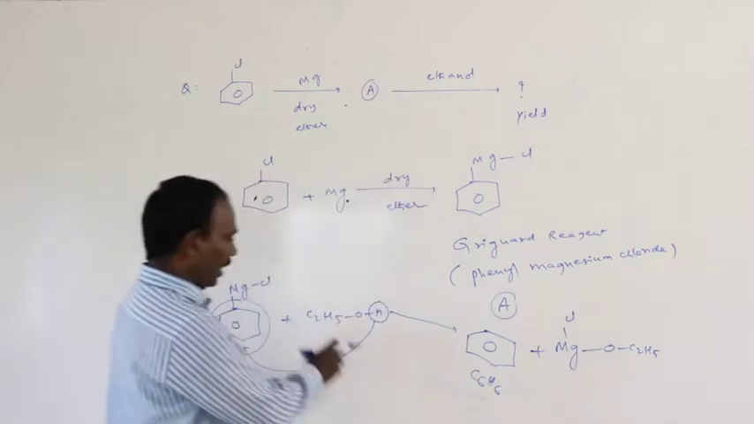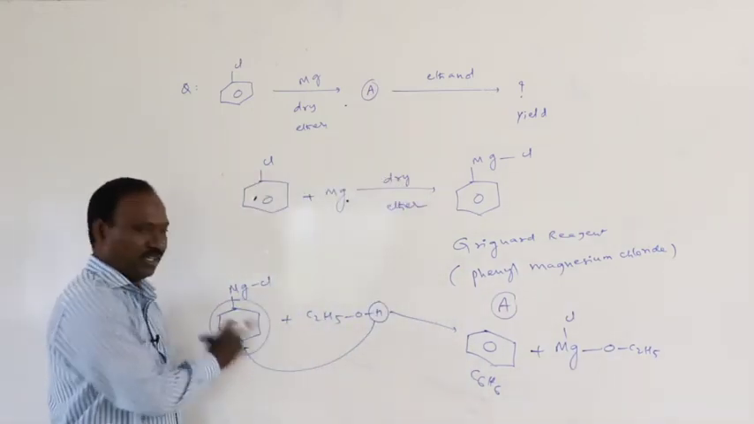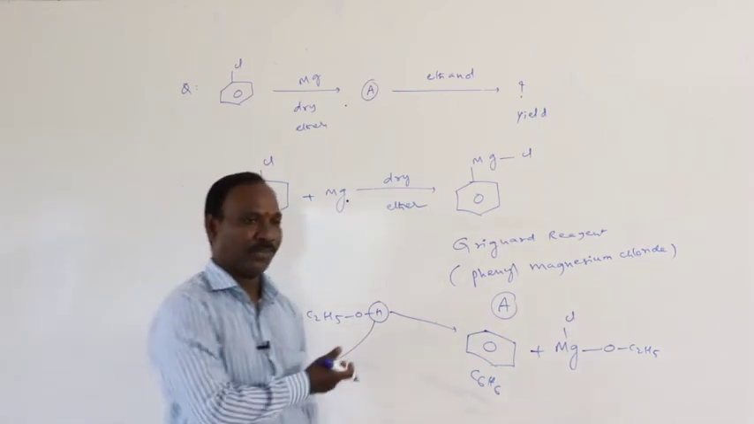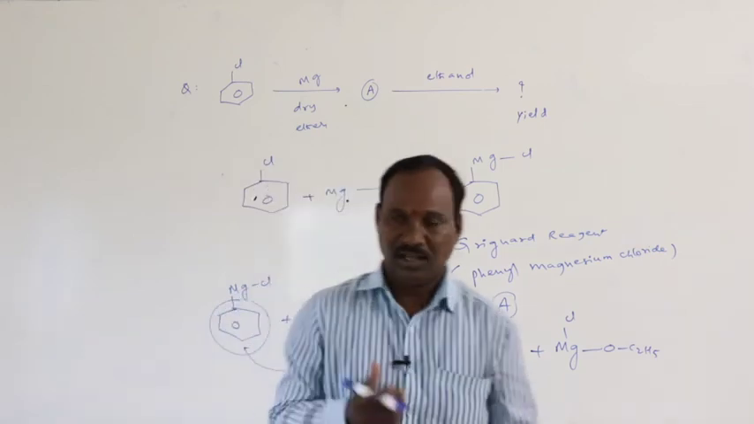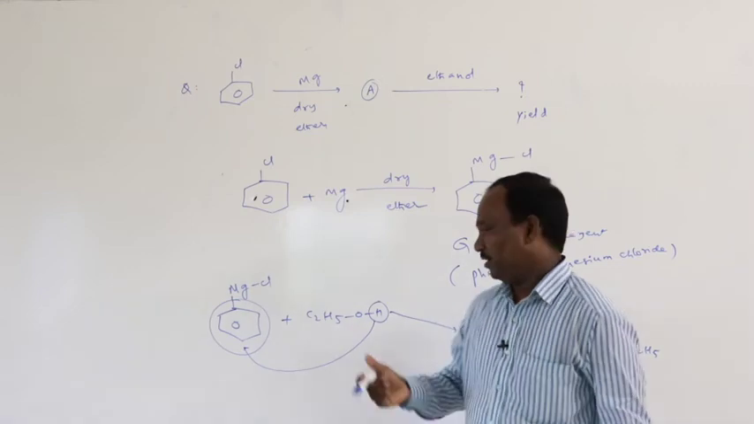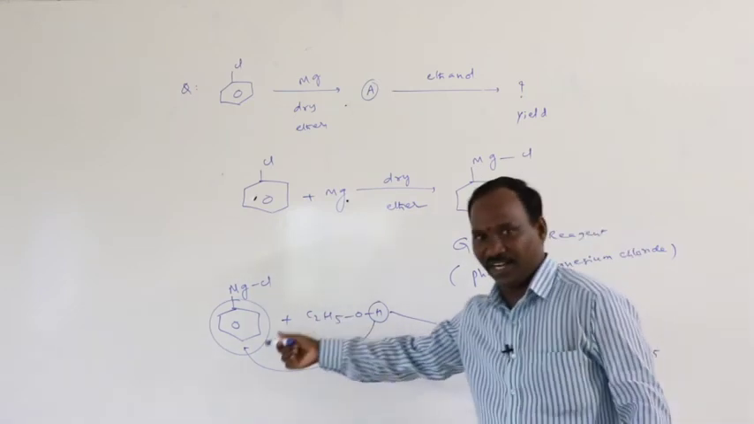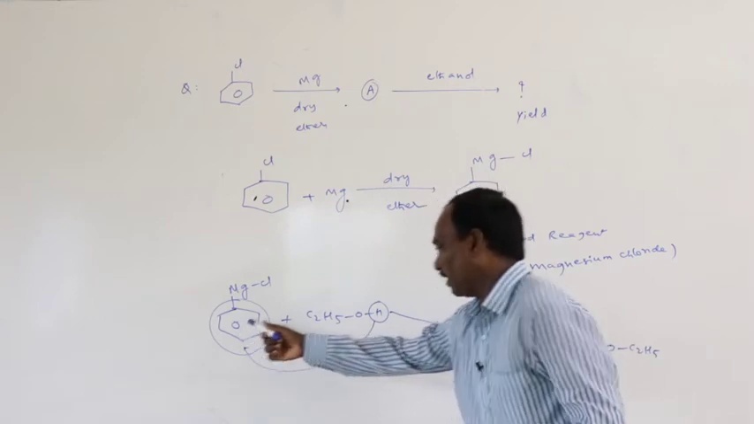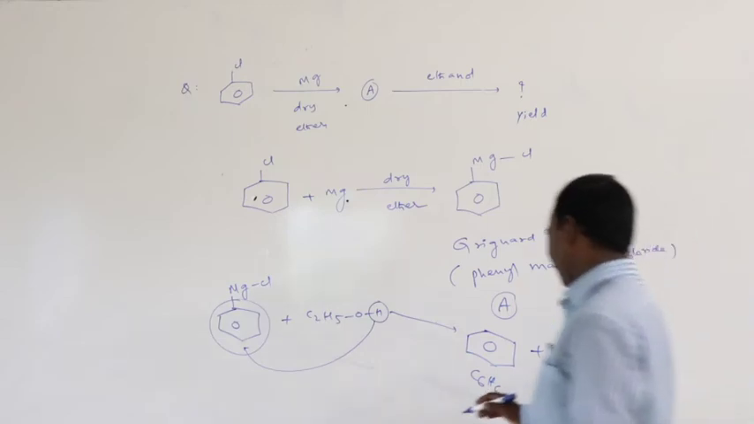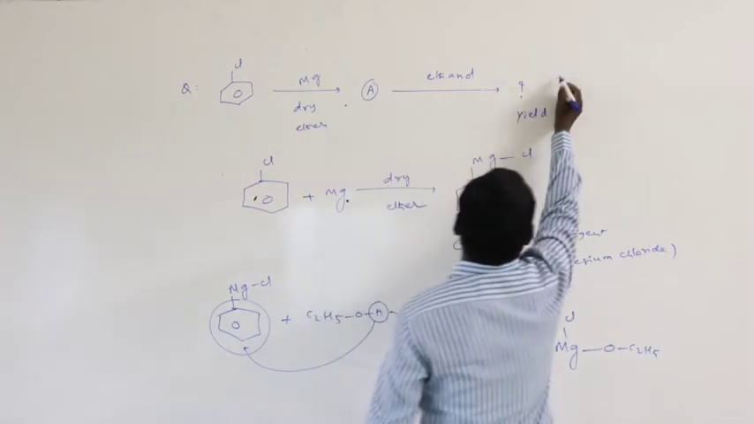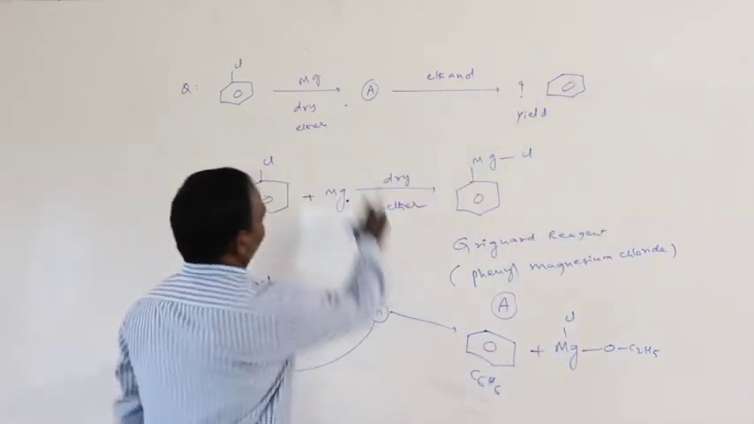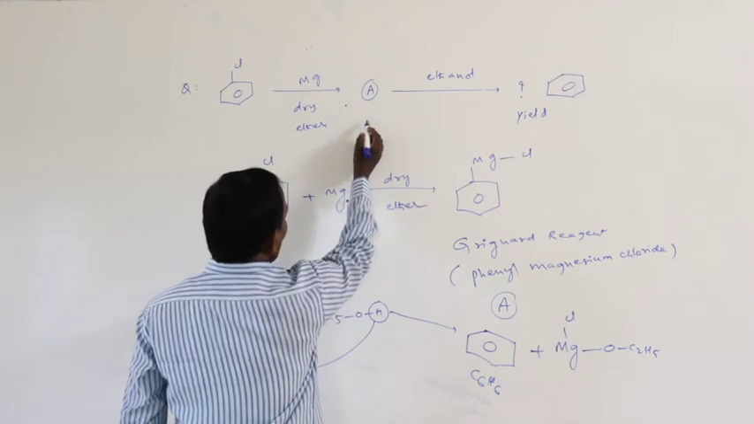Mg(Cl)OC2H5. Not only ethyl alcohol: any Grignard reagent on treatment with active hydrogen containing compounds like water, alcohol, amines, ammonia, HCl or H2SO4, the corresponding alkyl group of the Grignard reagent is converted into hydrocarbon. So the final product, the yield obtained in this reaction, is benzene, C6H6. Here A is phenyl magnesium chloride,